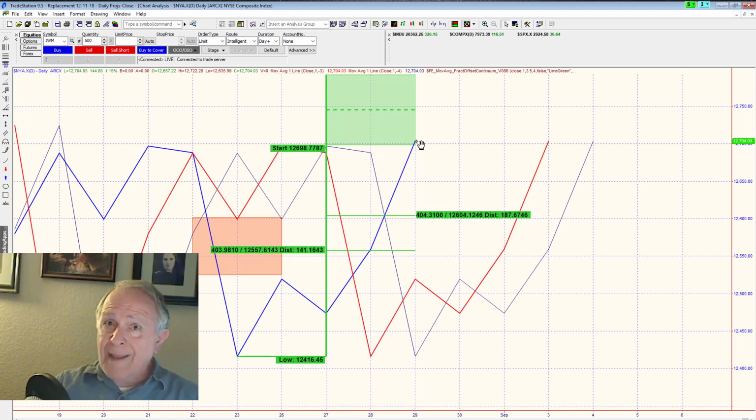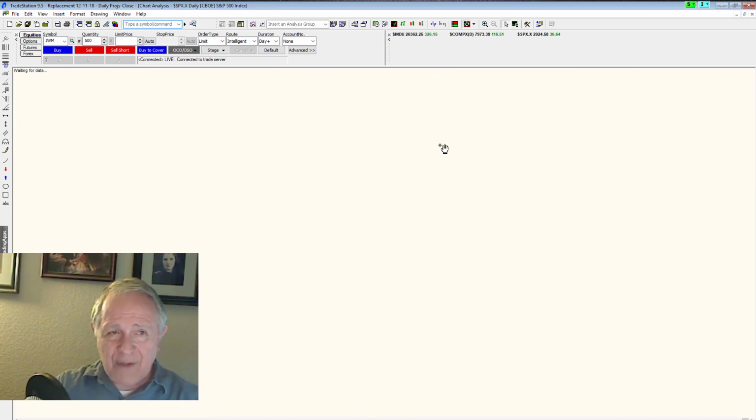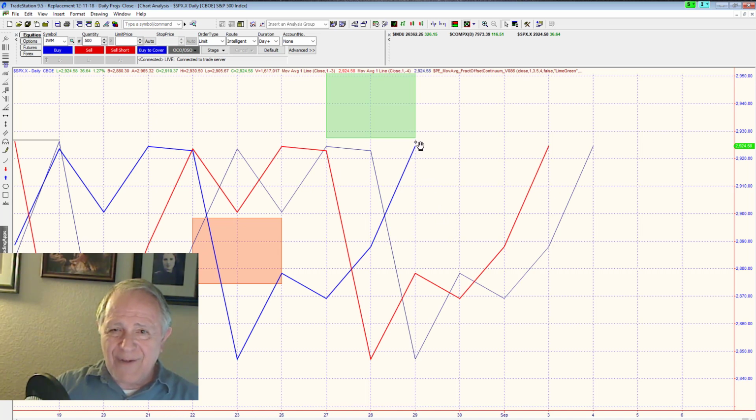So with a move to the upside, a counter-trend move, we believe, because of our downside projections, and a counter-trend move that moved right into the projection window, that could well be marking a closing high for the S&P. That's the New York Composite. Let's bring in the S&P now and see where we stand. It's almost the same situation, but the S&P makes it clear that you just missed by a tiny bit.